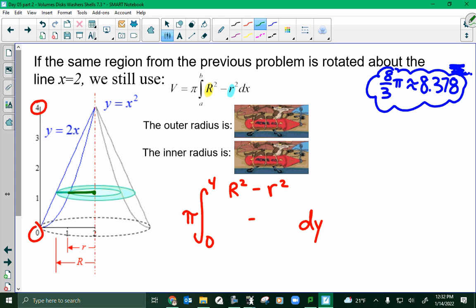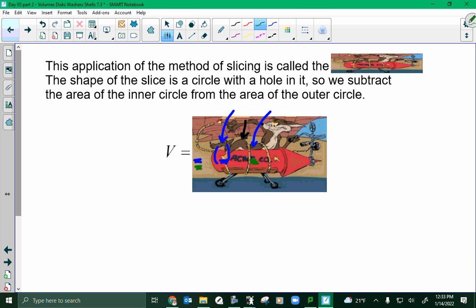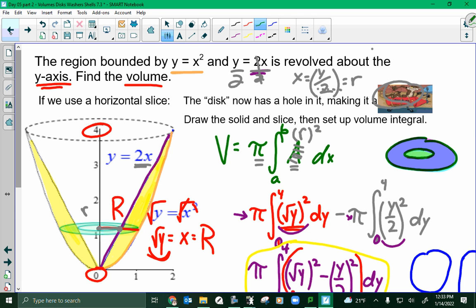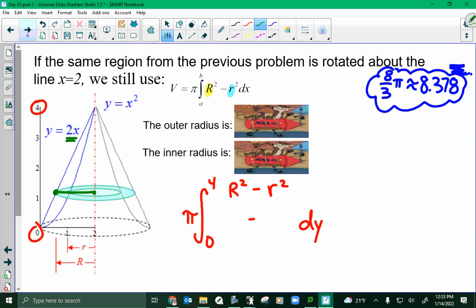This is not the bigger radius. Obviously, the bigger radius goes to the outside. So the bigger radius is going to be to here. But first of all, I need that in terms of y. We already did that last time, in the last problem. We started with this and just said x equals y over 2. So this is the same thing as saying x equals y over 2. Remember, we need it in terms of y to plug in here. But I can't just say it's y over 2